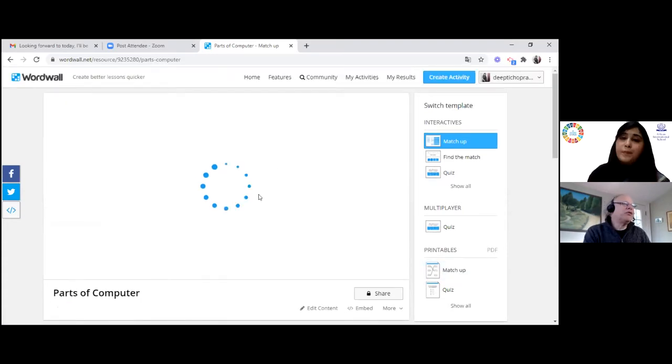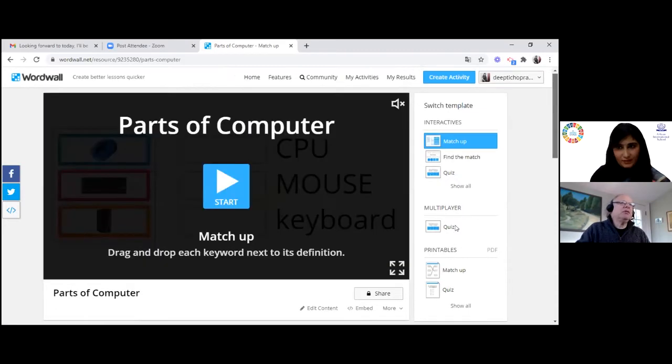Yeah, I just think that's useful. Students who may not have devices can then use that, let's say at home. Or if you don't have enough devices in the classroom, you could have different students using the print version. Yes.